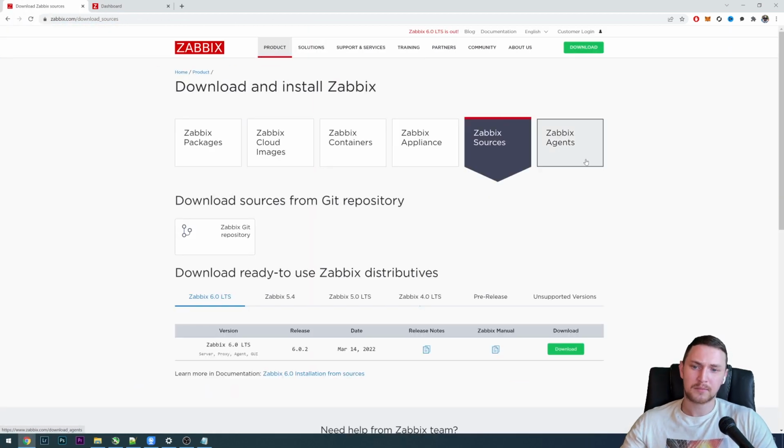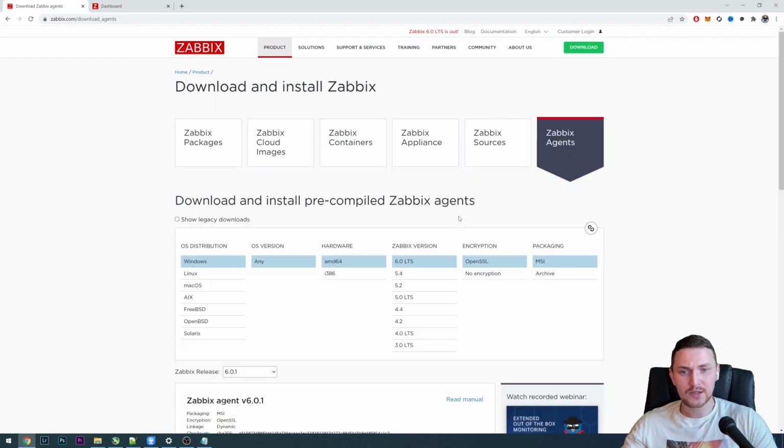If you're a big geek and you want to compile Zabbix on your own from the sources, there you go. This is open source, so all the source files of this monitoring product are available for download, and yeah, you can check them, view them, read them, do whatever you want. And this is for the Zabbix agent, which is going to be used for the monitoring. And I think it's time to actually go to the